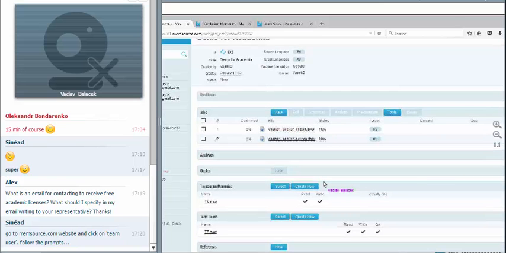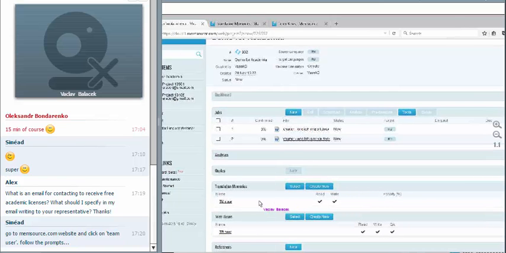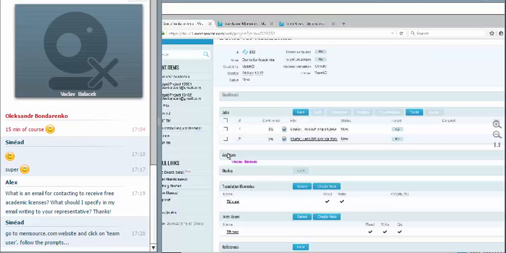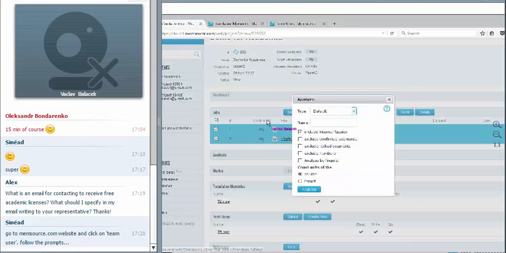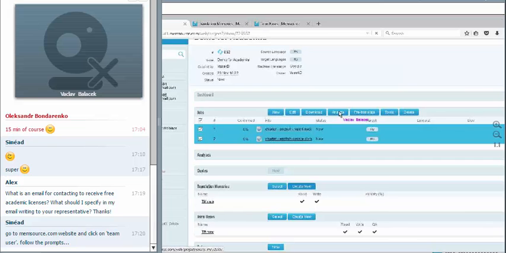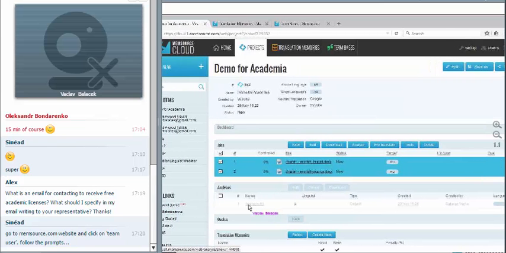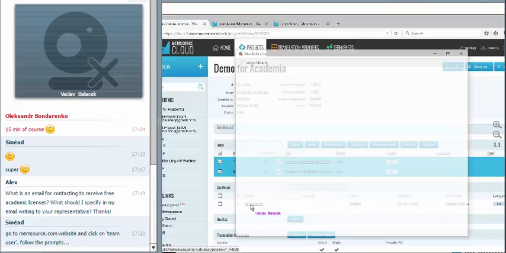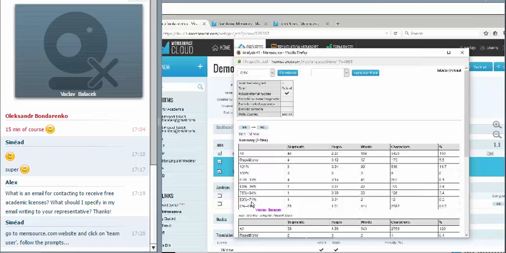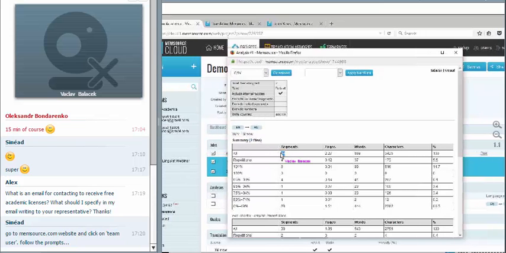So let me take a few typical steps. Analysis. I am analyzing the two files in order to be able to see what we have in them. So in a couple of seconds, I see that the two files that I imported contain 44 segments. Some of them are already saved in the translation memory and come as 100 or 101% matches from the translation memory. I also see a detailed breakdown for each file. Now,